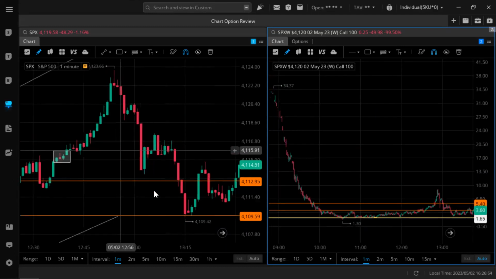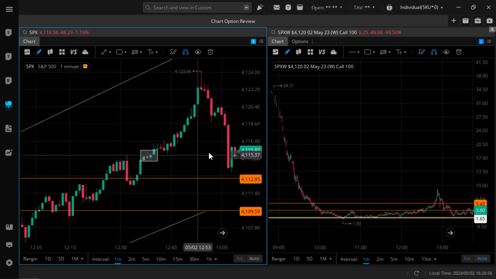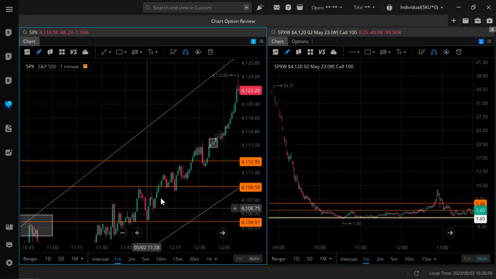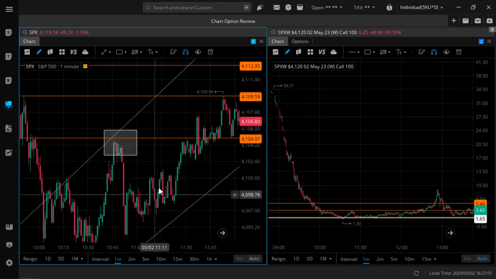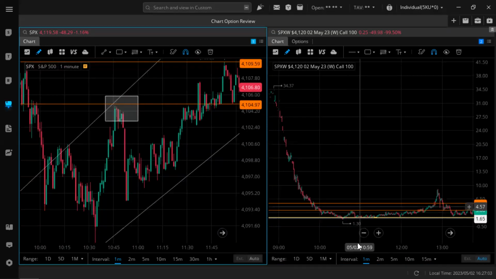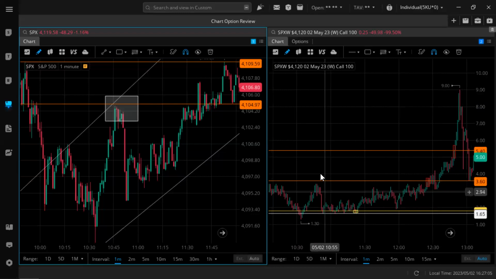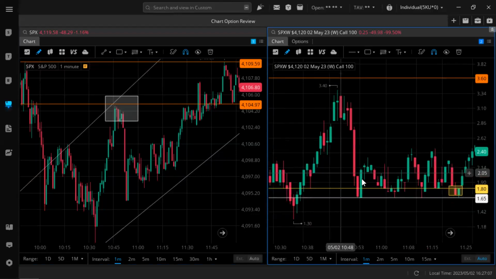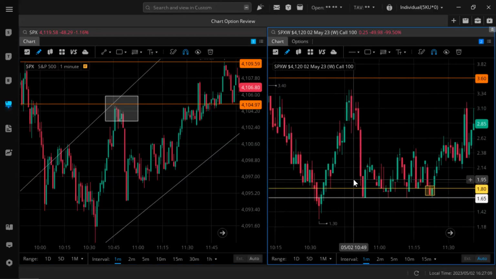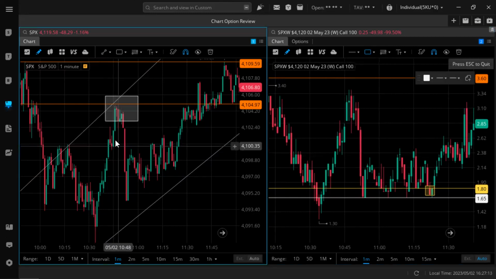So overall, just to recap this, and I'll take any questions you guys may have, going off the 1 minute for SPX, my entry point, I was waiting for consolidation. I was waiting for this chart to show strength. I didn't want to rush anything. When you're looking at the premium for the 41.20, notice how if you would have chased this breakout,